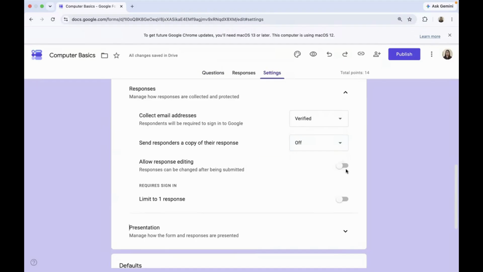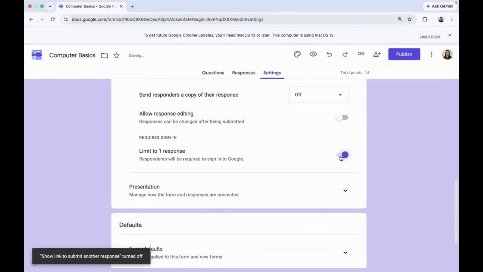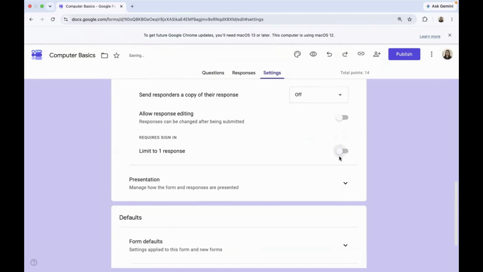So if you want the responder to be allowed to edit after they had submitted, then you can turn this on. And if you want to limit the responses to just one, then you can just turn this on. But sometimes we allow students to submit again with the answer again in the form. So we just turn this off.